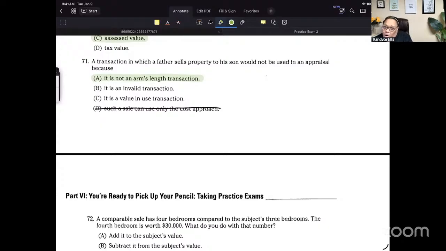It's not an arm's length transaction. By arm's length, there's got to be no connection between the buyer and the seller that caused them to have some kind of deal. And that has to do with being on an open market where everybody had the same fair chance to go at it. All right.